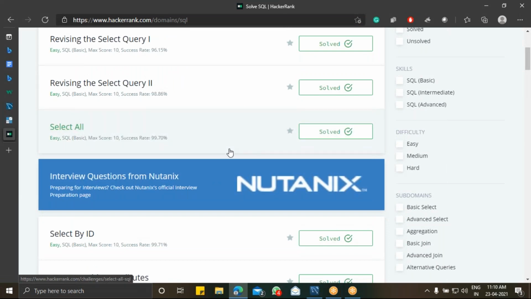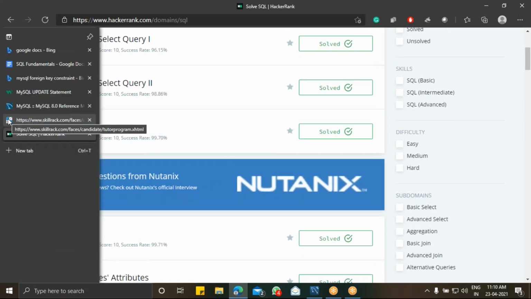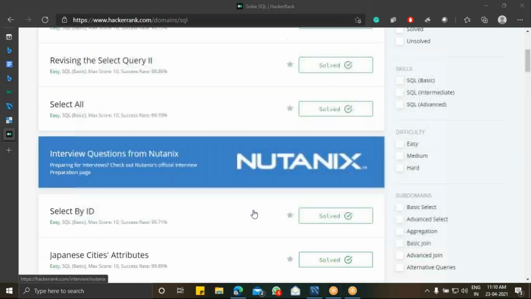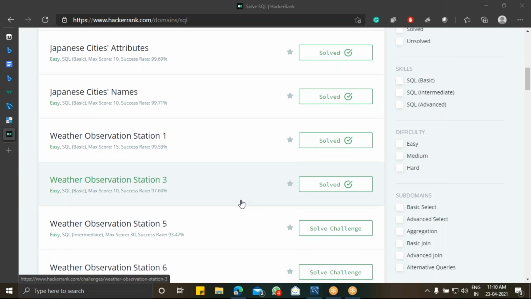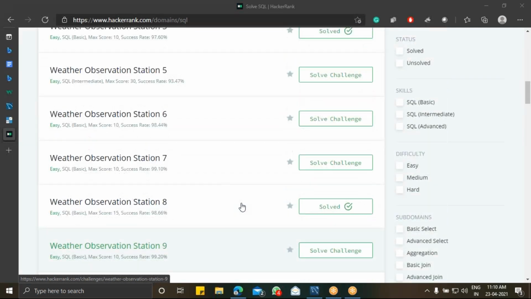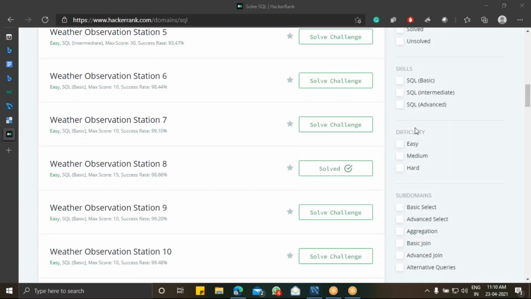First, before starting this, I want you all to complete the tutorial part in SkillRack, and after that, you start working on this HackerRank module. Is that clear? But I want every one of you to start practicing in HackerRank. So before starting to work on HackerRank, complete the tutorials part from SkillRack. After that, you start working on this. Is that clear? Guys, is that clear?